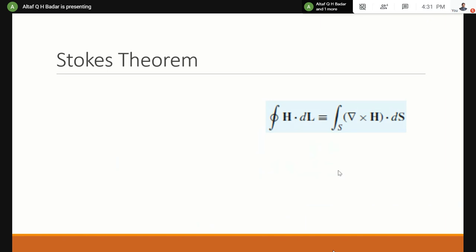The next thing is Stokes theorem, which is not in the course as I have seen it. Maybe the course is wrong, that is why I tried to push in as many topics as I could. So Stokes theorem is the next one. It is basically given by this formula, and it is basically derived from the above laws itself. The Ampere circuital law and Biot-Savart law, it is derived from there itself. And based on the above observations of Gauss law and all of it, we get this particular equation.